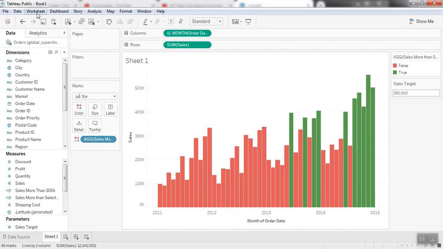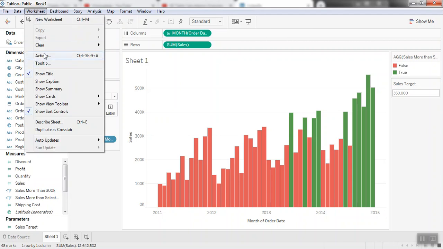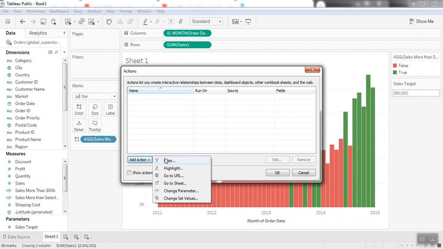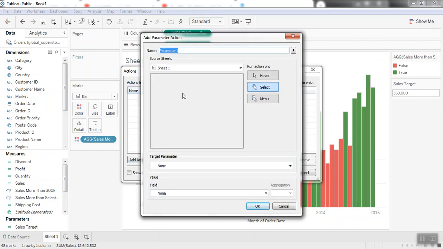To do that, what we need to do is go to the worksheet, click on actions, and then add an action, and over here we'll say change parameter. Once you click on the change parameter action, the add parameter action window opens. Let's rename the action as compare